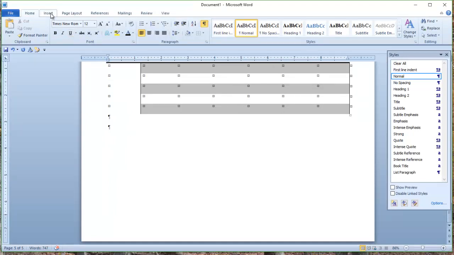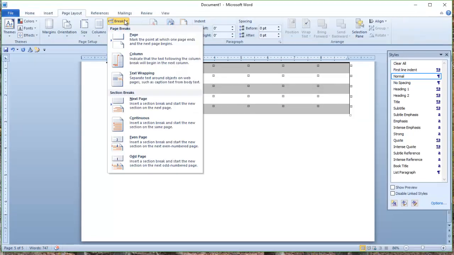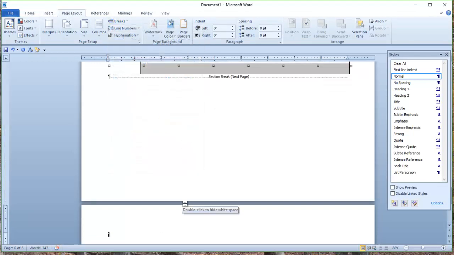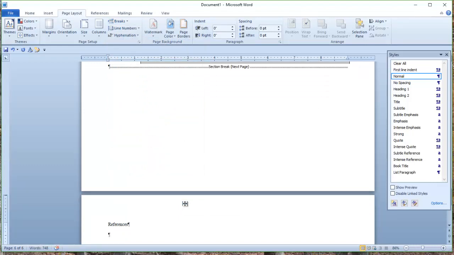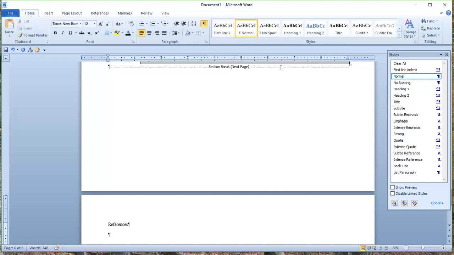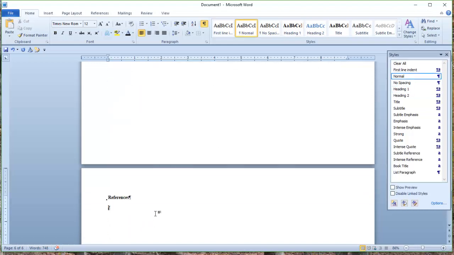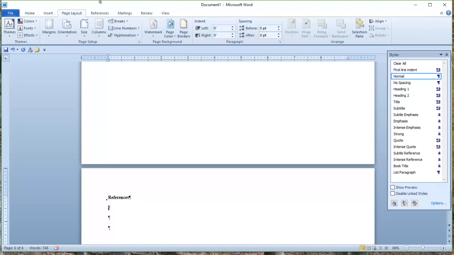After that, I'm going to come over here, page layout, breaks, section break, again, next page. And now I'm here, I'm going to put my references. And what I'll do with my references, we want to make sure we don't format that as a heading 1, but we make it look like heading 1, because then there'll be a page break before it. So if I do heading 1 here, let's see what happens. Nope, I guess actually that's fine. So we want to make sure we don't have any weird page breaks. So my reference list would end up going here, but I want to make sure page layout,